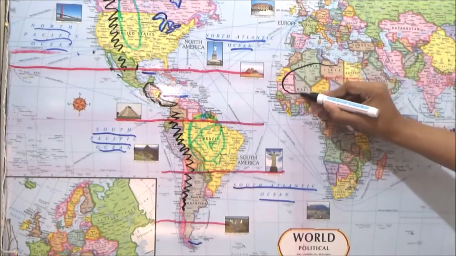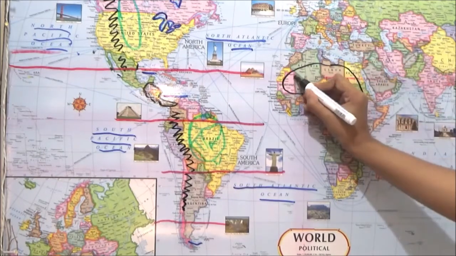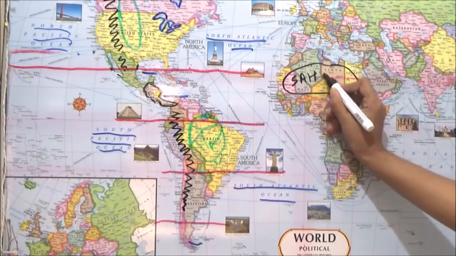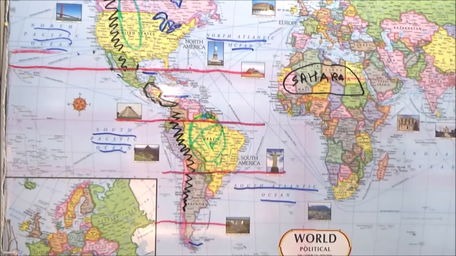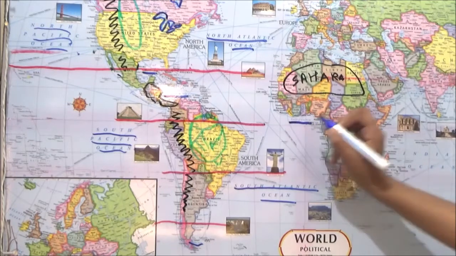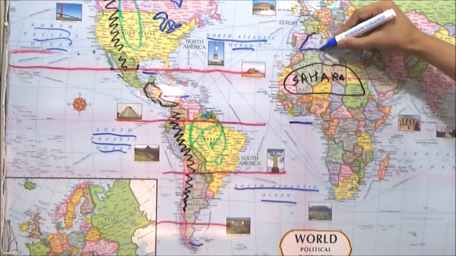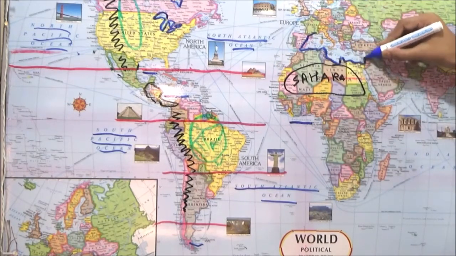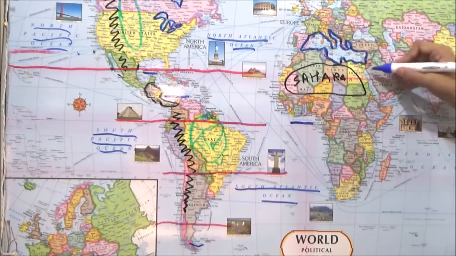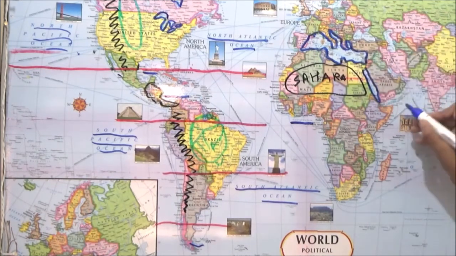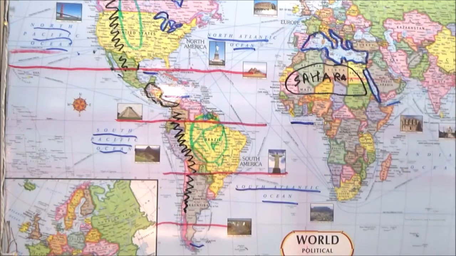Now I will be marking out some of the important physical features of Africa. So here I am marking out Sahara Desert. It's a very prominent and important location over here. Marking Gulf of Guinea, Mediterranean Sea on north. It is also important and a lot of questions can be formed, especially for prelims, about what all countries it surrounds. Red Sea is there. Then Gulf of Aden.